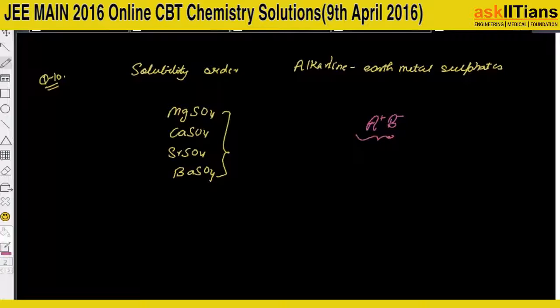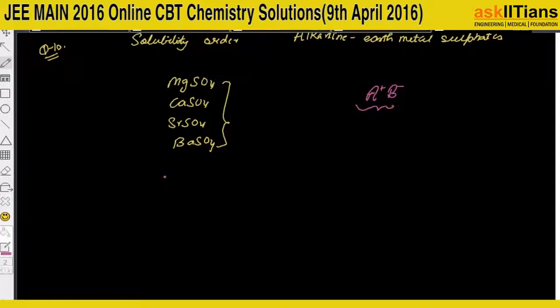And since we know that ionic bond is the most stable thing, we can say that the solubility will be less because it will be more stable. Now let me write them down. You have magnesium, calcium, strontium and barium. Since I know that sulfate is approximately the size of barium, the last cation that we are having,